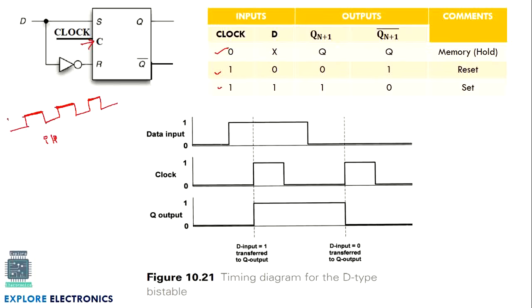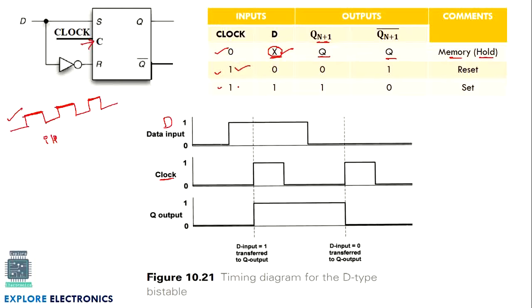That is the case we need to understand as far as the clock signal is concerned. Here the data input, this is the D input we are giving. This is a clock signal. As I said, there is a continuous train of pulses, ones and zeros, and output Q. If clock is equal to 0, Qn+1 means the next output, and Q means the previous output. So when clock is 0, whatever the D is, X means unknown or don't care. We are not caring about the input D itself when clock is 0. Because of clock 0, output will be holding its state. We say it is a hold state or a memory state.